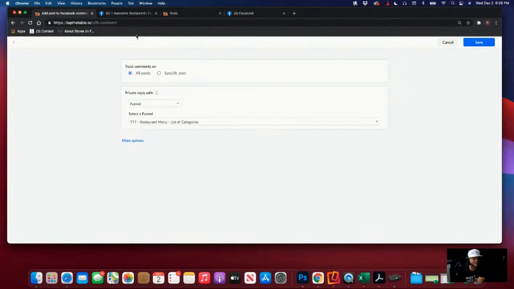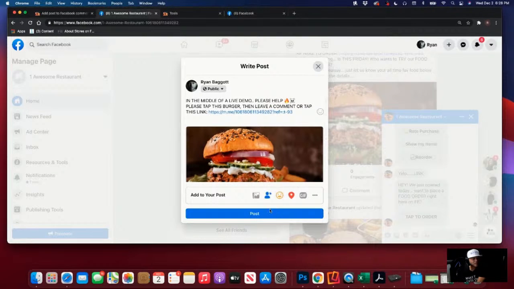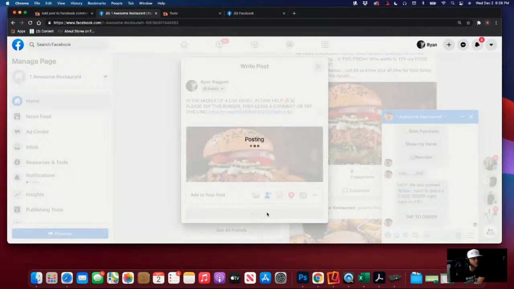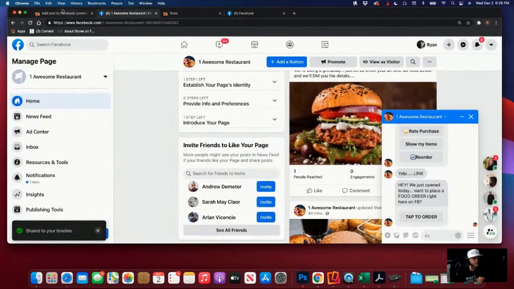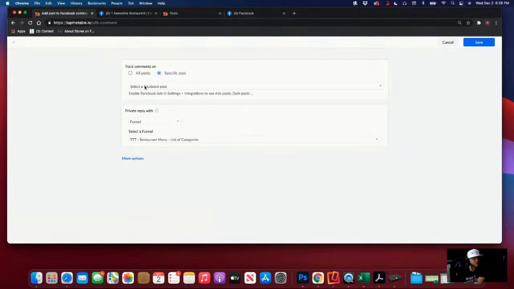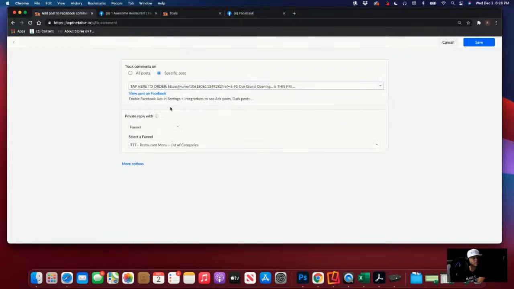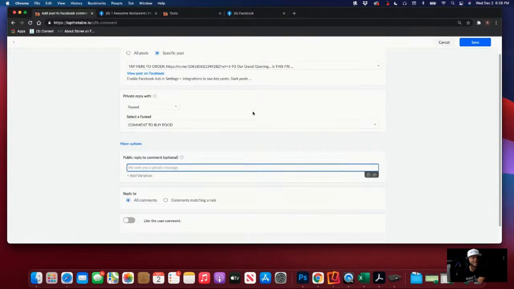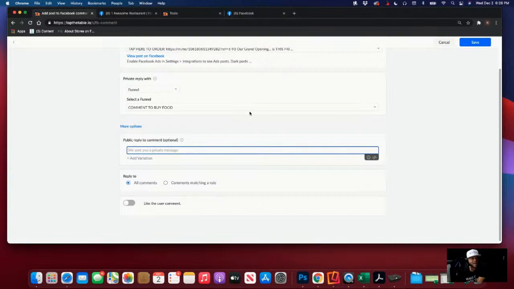Okay, now let's do this. Back over here, let's look for a specific post. Select the Facebook post, tap here to order. We're going to reply with a funnel, and that funnel is going to be the one we made that says comment to buy food. And now we're going to have an automatic public reply, multiple ones,